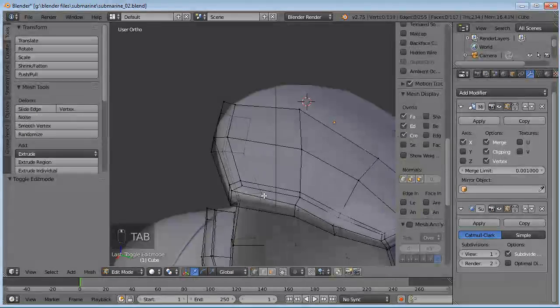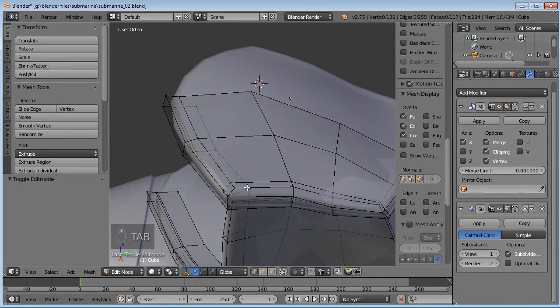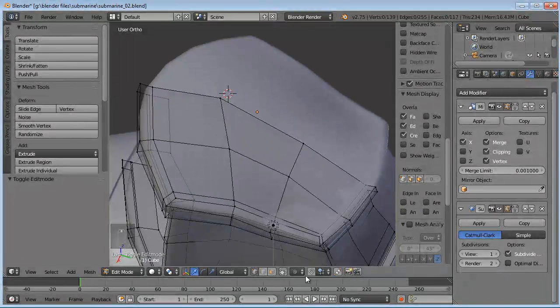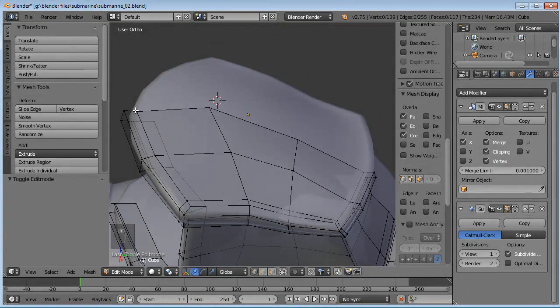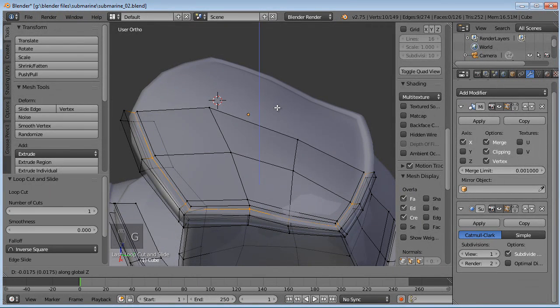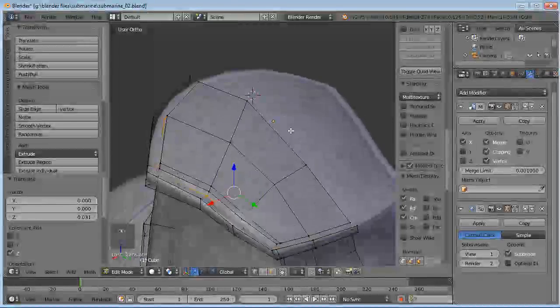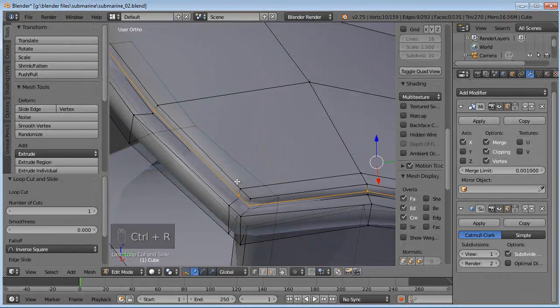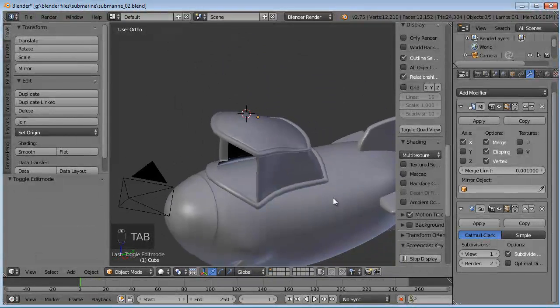Okay, so now what I'd like to do is add in a separation around the lip around the top and the actual top area. So let's add in a loop around here, maybe drag that down just a bit, just so it's a nice separated area. Then maybe one more loop in there, even sharper, like so.